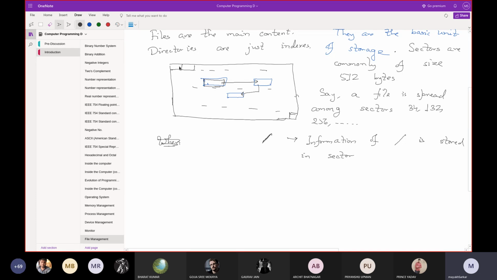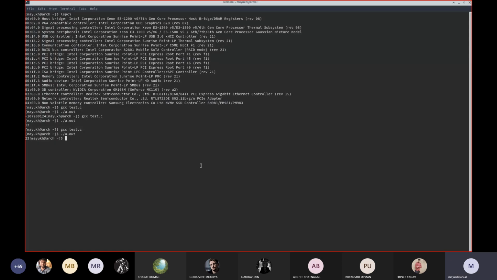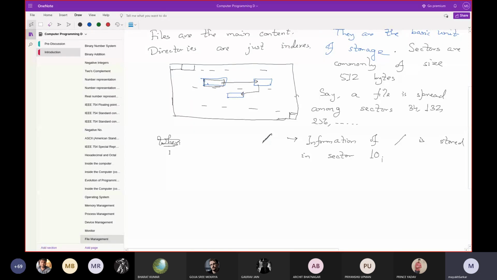As it is a root directory, it generally stays near the start of the disk, say in sector 10. What is in that root directory? In that root directory, it has nothing but a list.